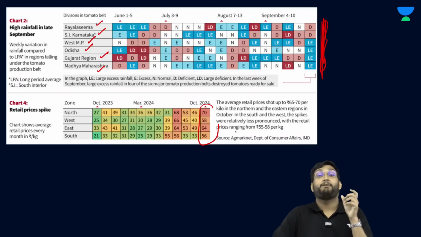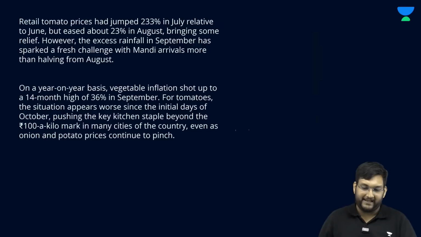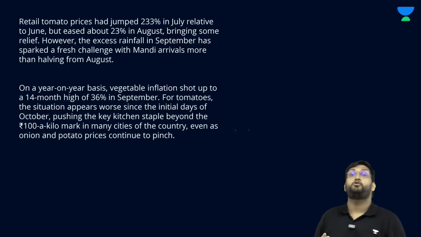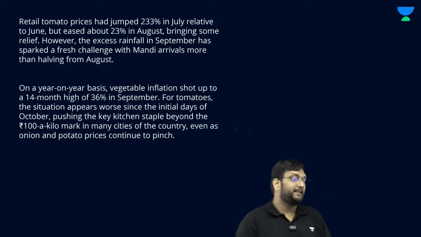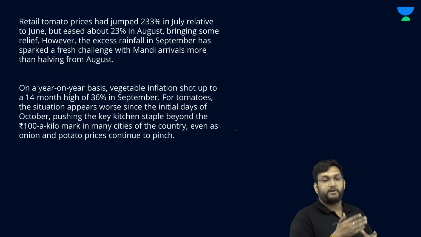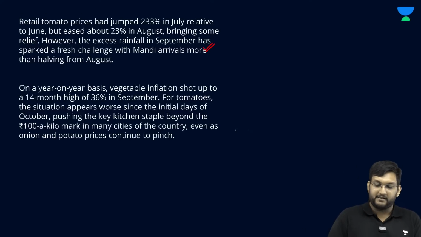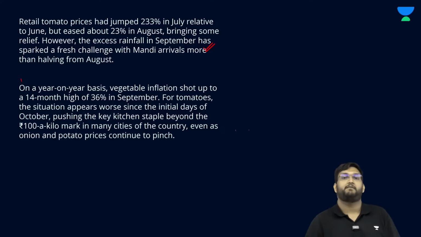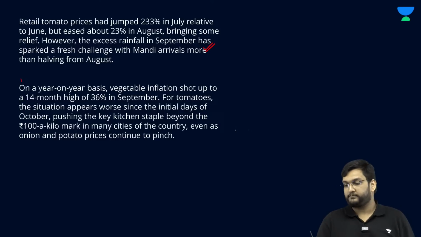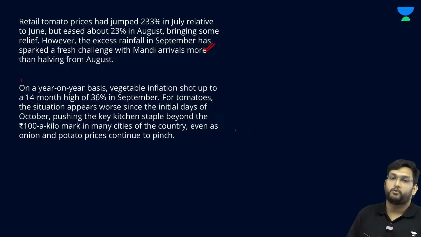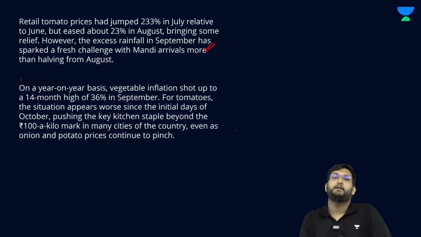This article basically gives you evidence of why there has been an inflationary trend and a 233% jump in the prices of retail tomatoes between June and July, and then August 23%. And this is where this may impact food inflation numbers and vegetable inflation numbers. And now, again, as always, top tomatoes, onion and potatoes. Now it is a turn of tomatoes to go beyond the certain number. And this is the season where tomatoes are going to become more than what it should be in the